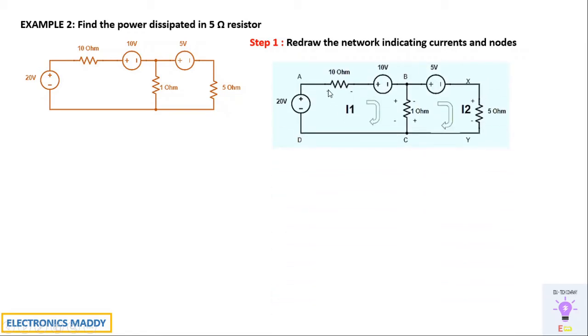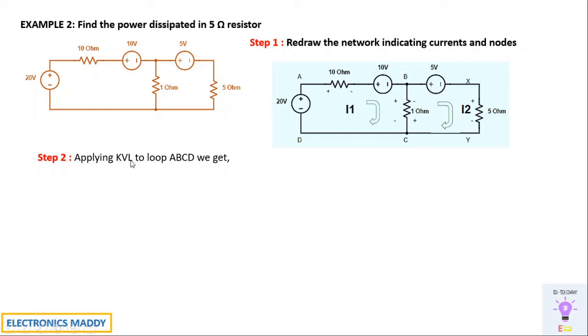We will be assuming the directions of the resistor, the magnitude and its sign with respect to the currents entering and leaving. So I have written I1 as loop 1 and I2 is the current flowing through loop 2. I have assumed both to be in the same direction. Always follow one particular convention. If you are assuming it to flow in the opposite direction, you have to follow it for both. So be very careful with this step. Your assumption is valid, however, you have to assume it properly. So once you have this in hand, we can get started with our application of KVL.